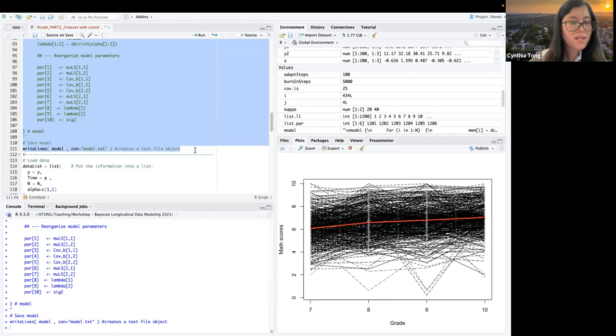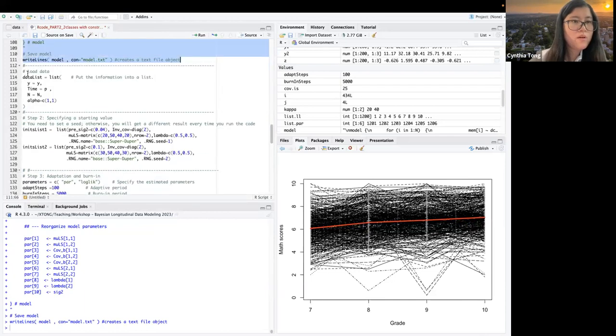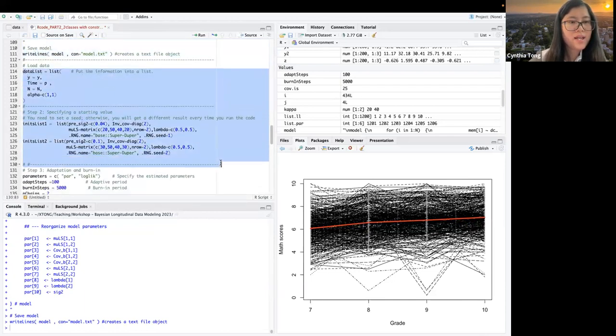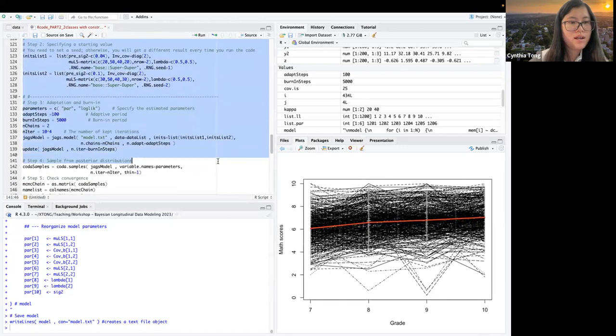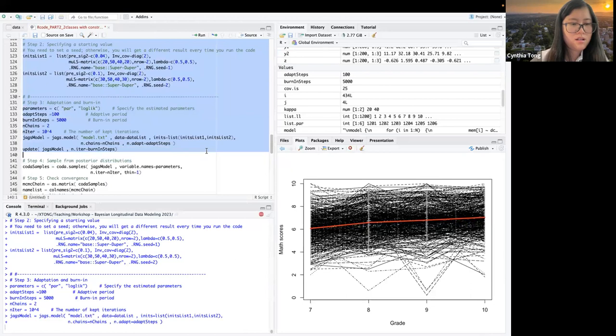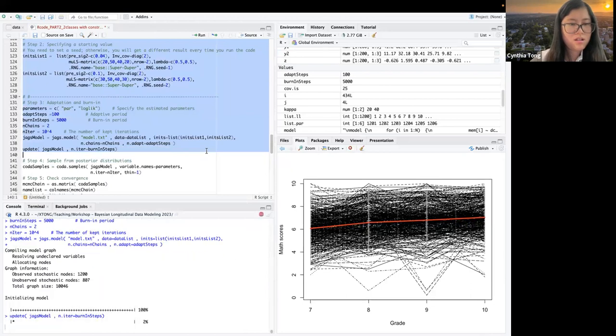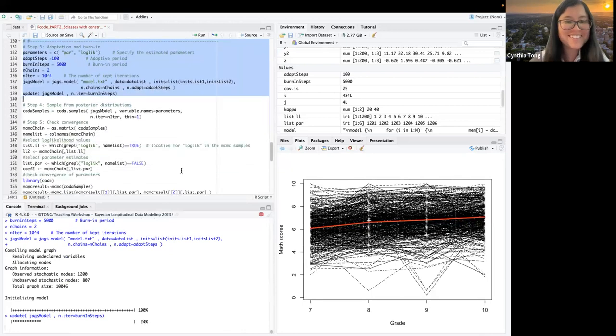Okay, so we can run these, and we load our data, we specify initial values, and then we update our model. It's slow, but not too bad.